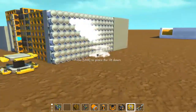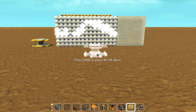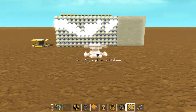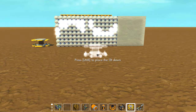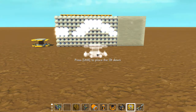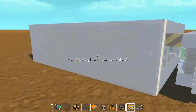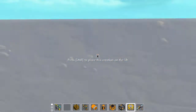Now if I take this off the lift, you will start to see a sine wave generated, and all of this is running off the card. As you can see, the quality isn't the best. That's one of the issues I had, and I thought I had fixed most of that. However, I eventually had that same issue reoccur, which made it difficult, if not impossible, to use. So if I can get up in here,